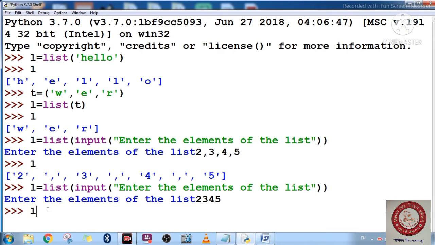Now if I want to see the result, see the result. So I have typed here 2, 3, 4, 5, then it will show your result. So students, I think you are able to understand that this is the way to get the particular result for the list. Now students, we are coming to the second method to create the list.